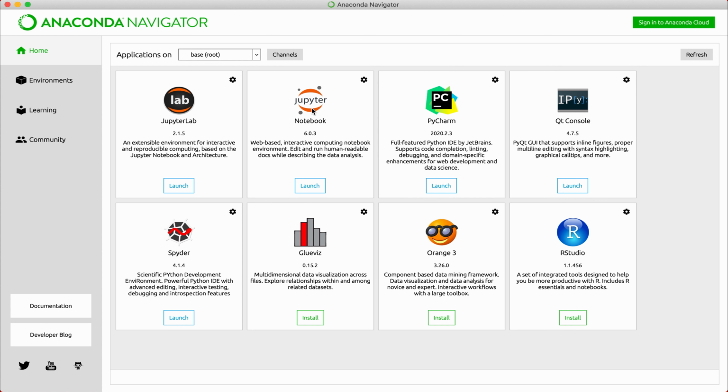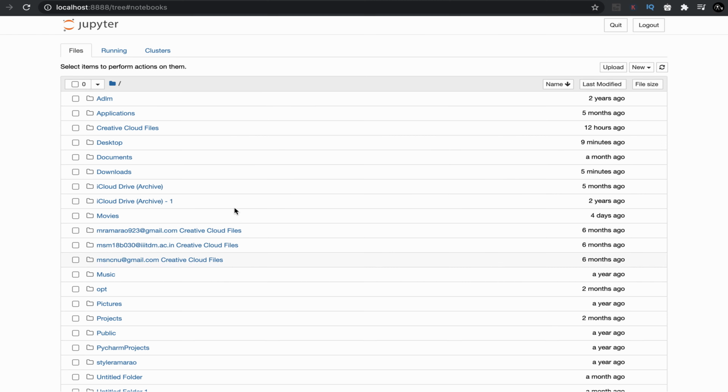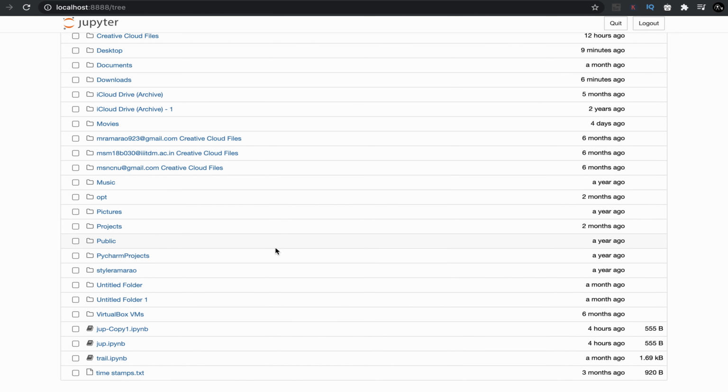Now we will launch the Jupyter Notebook and try to understand its interface. As you can see, Jupyter is on the left as expected, which acts like a button to go to home, like YouTube and Instagram. When you click on it, you will directly come to the home page. As you can see, there are three tabs displayed, which are Files, Running and Clusters. We will discuss and understand all of these three and their importance. Now the Files tab. The Files tab shows the files in the directory. So as you can see, we have so many files.